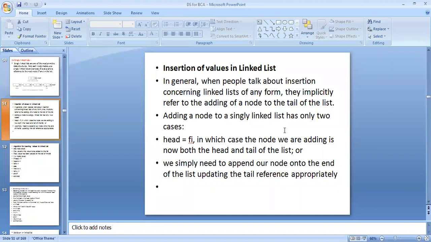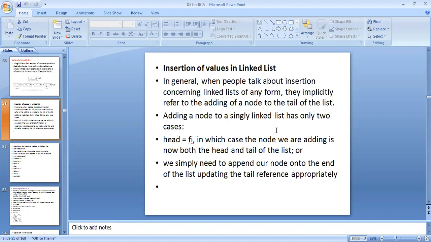So insertion of a value in a linked list. In general, when people talk about the insertion concerning linked list of any form, they implicitly refer to adding a node to the tail of the list. So adding a node to a singly linked list has only 2 cases.